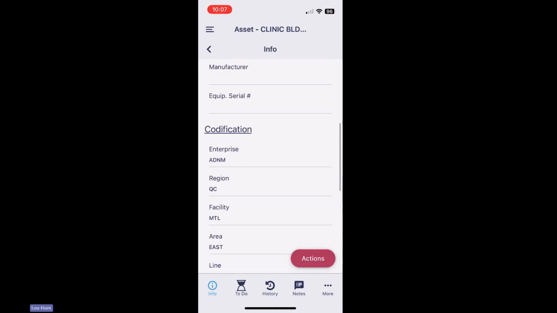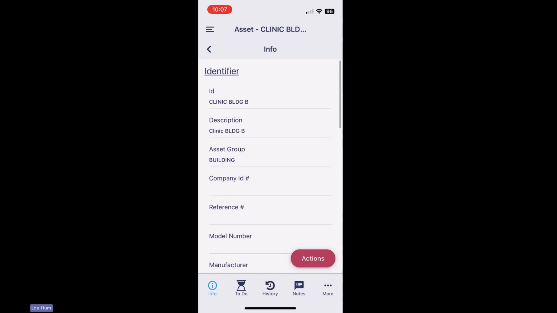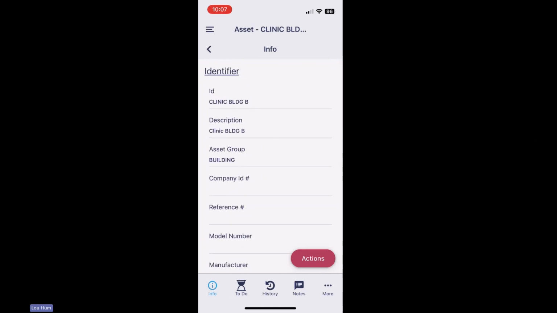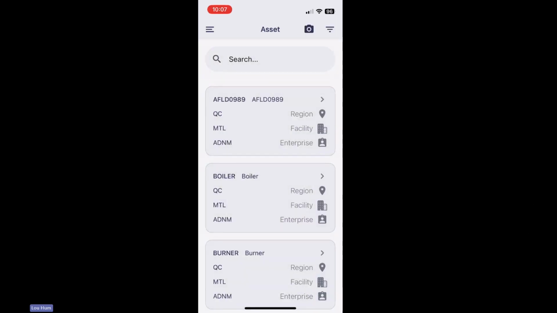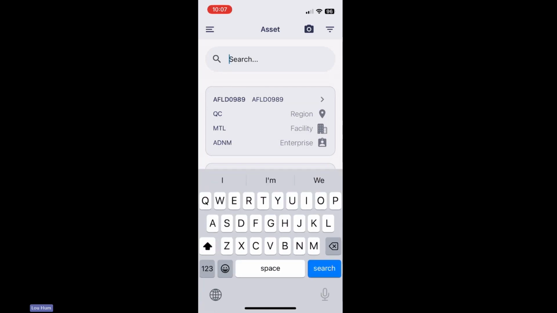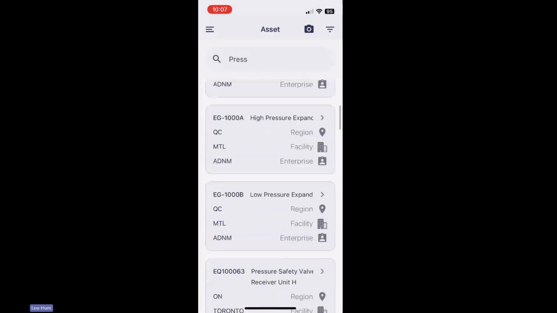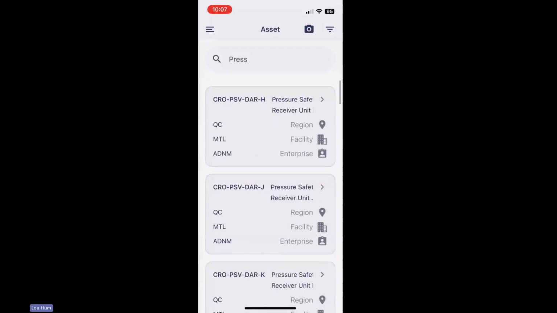All the information that's here is what we've selectively taken from the Tag software. Obviously, this is the most used fields, and we're going to expand on that as well. We can also switch off the scanning, and you can just search by names, etc. So if I were to look at something like pressure, I will be able to see all the assets that have the name pressure. And the list of assets